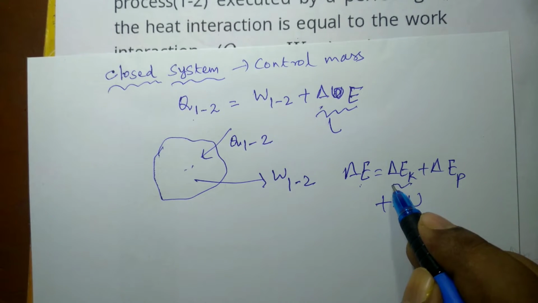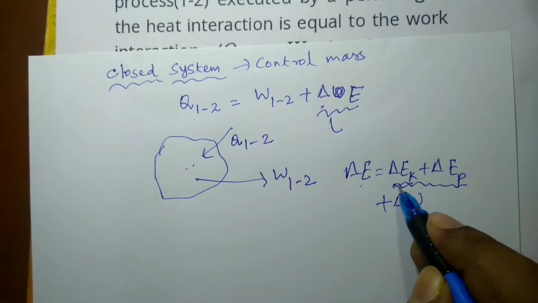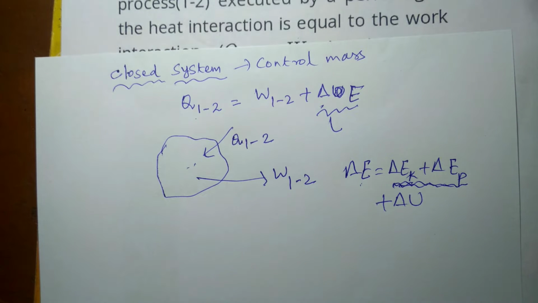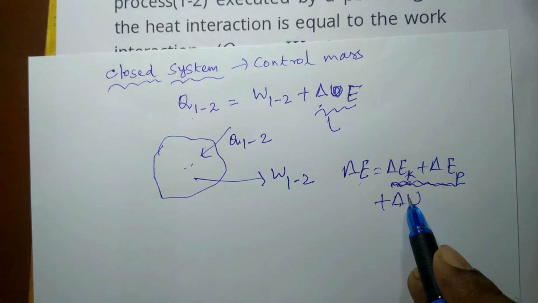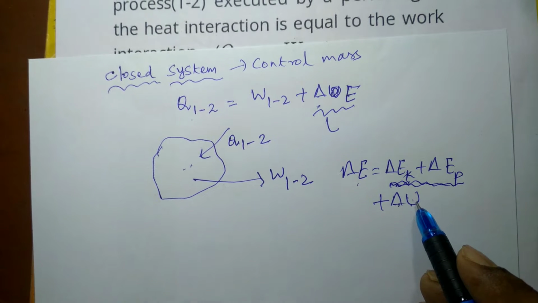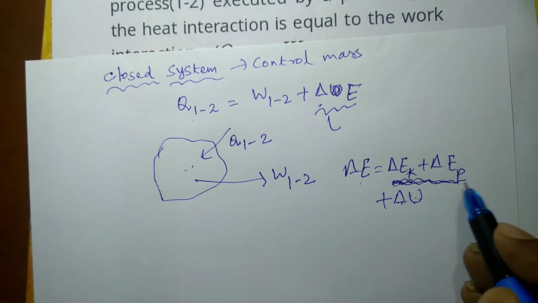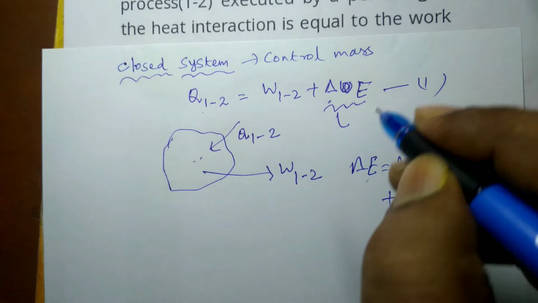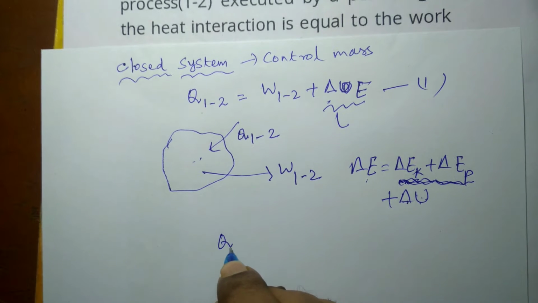These two terms are macroscopic forms of energy: kinetic energy if the system is moving, and potential energy, and delta U is the change in molecular internal energy. In most of the cases these two terms are negligible, so that's why this equation 1 can be reduced to